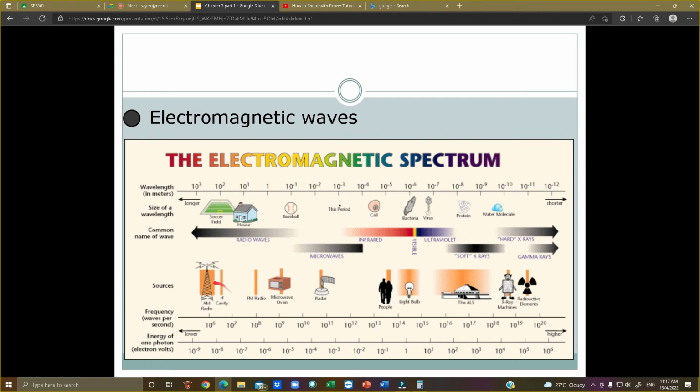Kalau kita tengok sini kan. Okay, we have AM radio. We have FM radio. Apa ni? Kita punya handphone tak masuk. Dia masuk ke kat sini juga. Okay. We are going to see that frequency. Kita tengok wavelength ni. Semakin ke sana, wavelength semakin pendek. Semakin ke sini, wavelength semakin panjang. Okay. And then, semakin ke sana, compression rate dia semakin tinggi. Semakin ke sini, compression rate dia semakin pendek.